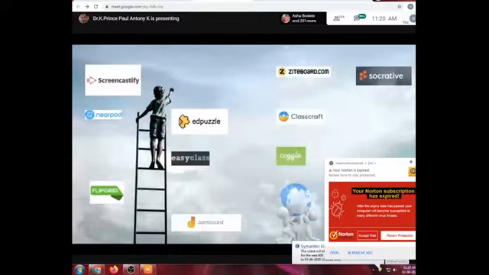Next is Mentimeter. This is like a quiz, but we can use it for getting feedback. So you can create a question, and that link can be shared with others. Once they answer, the answers will be displayed on mobile as well as computer. So this is a useful tool for scaling. You can use it for feedback purposes.